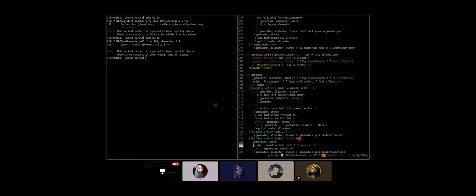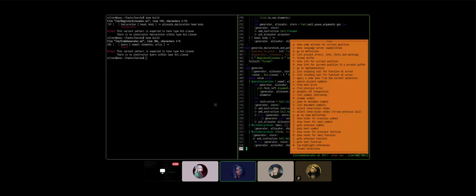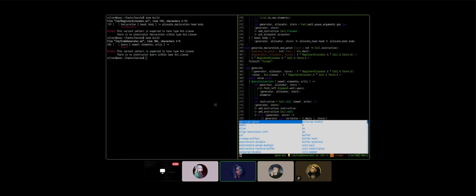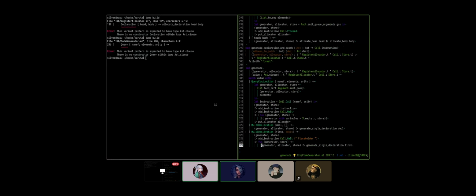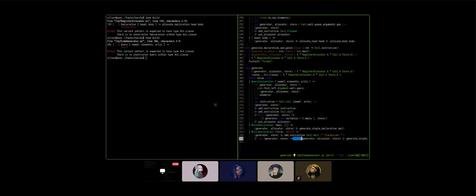This can stay here. Okay, let's actually write the fold first because then we can have a better understanding of how the thing is going to look. So you first do the halt, then you need to patch, right? Okay, it really wants to put this add instruction in the same line, so I'm just going to leave it there. Sure. So what do we do after we do the halt? We need to patch it, right?